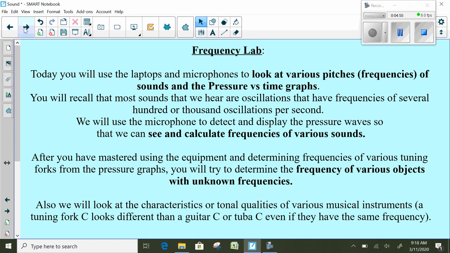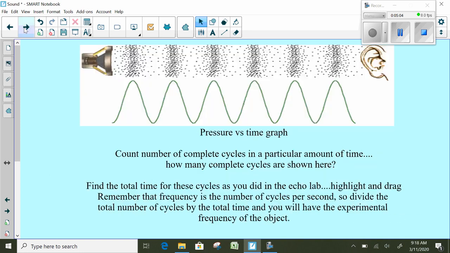So we went into the lab, we did a lab where, again, we used a microphone to look at these. The microphone records the frequency of different notes, and we took a look at them, and we calculated. So again, if we make a sound with a speaker or with a tuning fork that has certain compressions or rarefactions travels to your ear, we looked at the pressure versus time graph on the computer, and we counted the number of peaks per second and got the frequency,